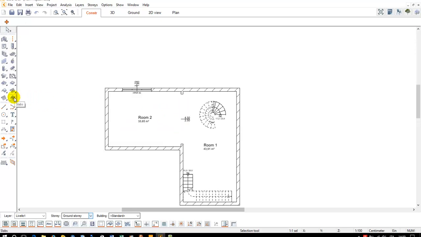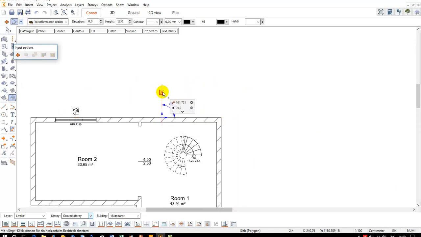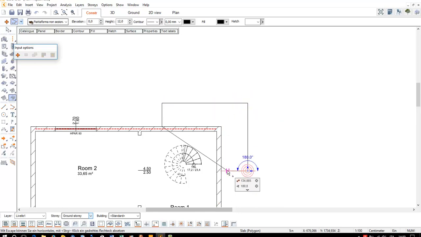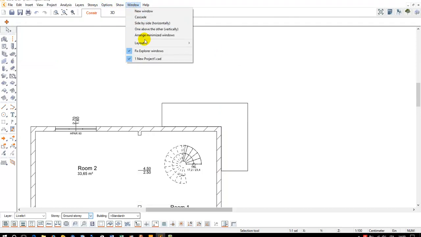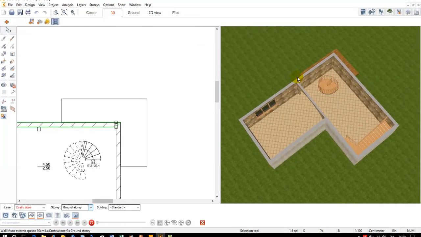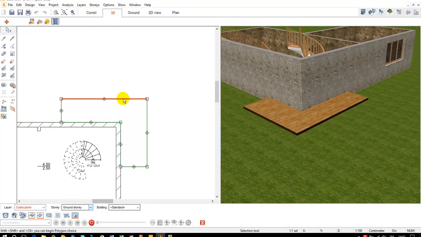Here I would like to make a slab. Okay, I decide to draw a polygon, 1.50 m. Like this, it's enough. And I would like to divide the screen in 2 sides, because I would like to show you what we are doing. Okay, this is our slab. We select the slab,